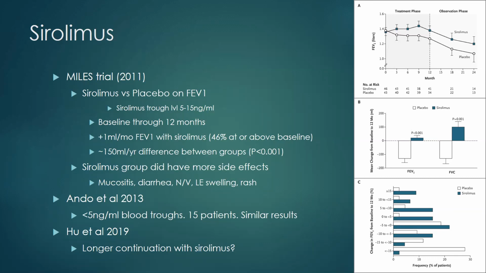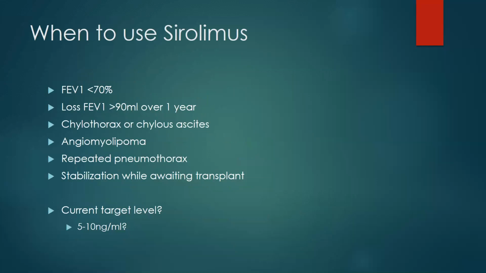And then more recently, Hu et al. from China took a look at a group of about 150-some patients, going back over a 4-year retrospective evaluation for longer term use of sirolimus, again showing continued stabilization in their PFTs and quality of life, with, again, a similar amount of mild side effects. So overall looking like a better option for those with LAM. In terms of starting sirolimus, right now it seems like those that have an FEV1 of less than 70,